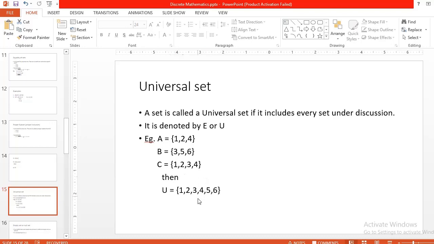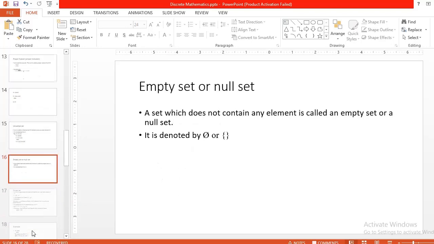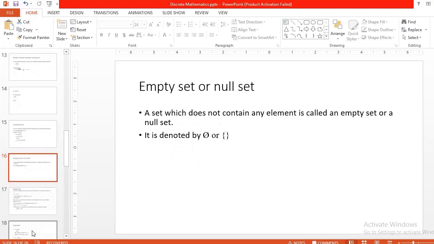By this example you can understand what is meant by the universal set, because this universal set U includes set A, contains set B, and also contains set C. So this universal set contains every set under discussion. That's why it is called a universal set, and it is denoted by U or E. I have used the U symbol here. Okay. Next,